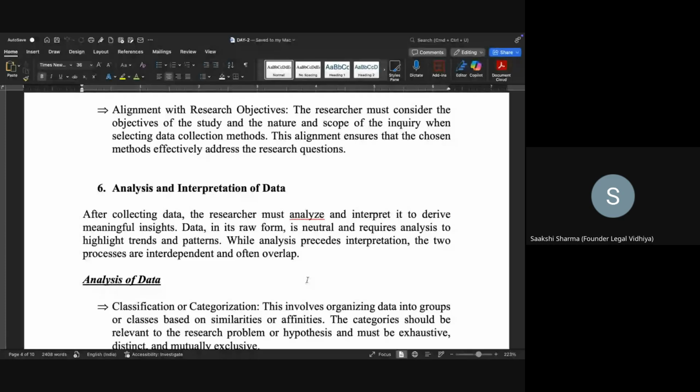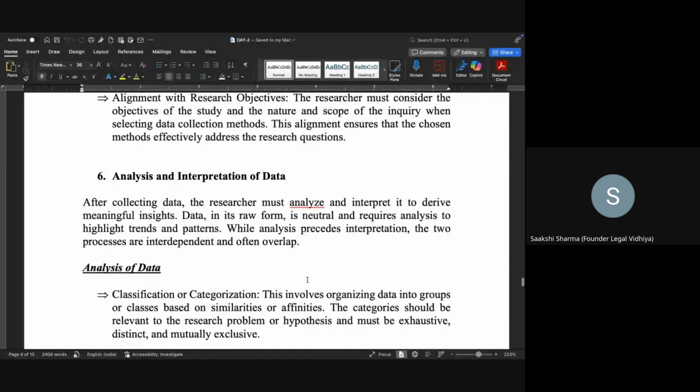So you cannot write your research report या फिर आप अपने डिसर्टेशन तब तक नहीं लिख सकते जब तक आप उस डेटा को एनालाइज नहीं करोगे, या फिर आप एक सर्टेन ट्रेंड को हाईलाइट नहीं करोगे. बिकॉज डेटा जो है वो यूजुअली क्या होता है, न्यूट्रल होता है. आपके पास डेटा आता है, बहुत तरीके से आता है, and until and unless you interpret it into a meaningful manner, it is of no use. आपने डेटा कलेक्ट कर लिया बट आप उसको सही से इंटरप्रेट ही नहीं कर पाओगे, तो आप क्या प्रेजेंट करोगे अपने कंक्लूजन में, राइट? सो एनालाइजिंग एंड इंटरप्रिटेशन ऑफ डेटा इज द नेक्स्ट एस्पेक्ट विच इज वेरी इंपॉर्टेंट.